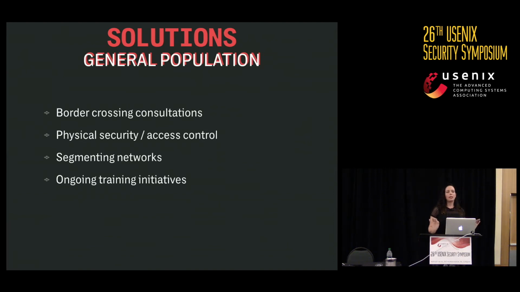Threat modeling is hard. Threat modeling for yourself when you have no experience with threat modeling is impossible. There's just absolutely no way you're going to get it right. And so in having these conversations, we explain to people how you go from one threat level to another and how current circumstances affect that. Because when we're doing herd immunity, we have to explain to people that just because your threat profile is like this today doesn't mean tomorrow it's going to be the same. There are factors outside of your control that influence this. And then of course we do network segmenting and ongoing training initiatives to make sure that people are kept up to date on best practices.